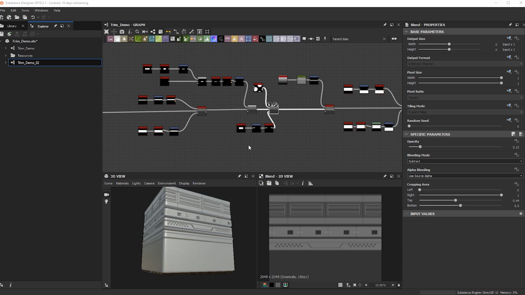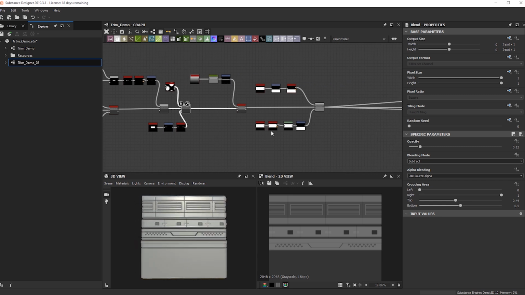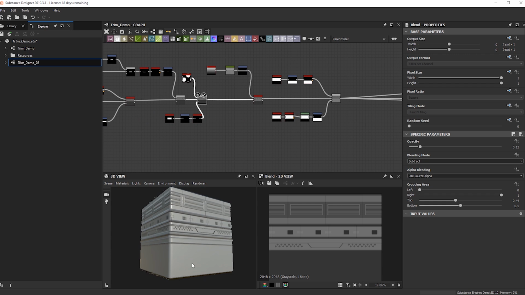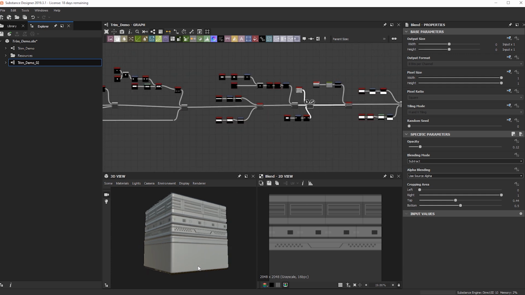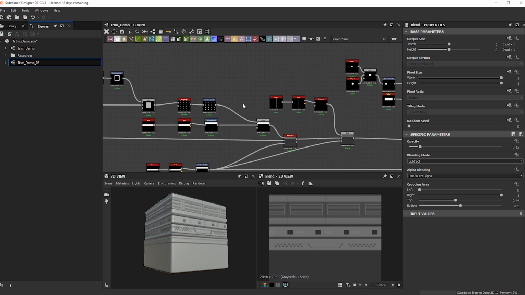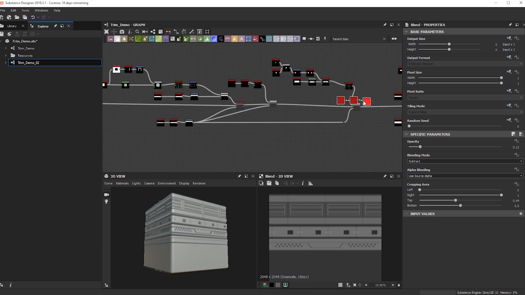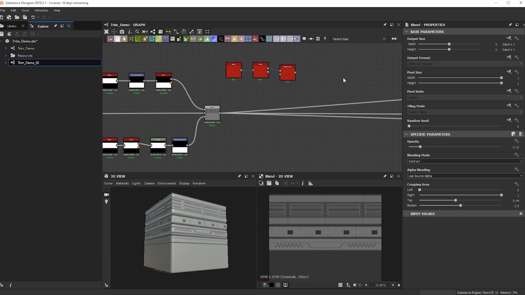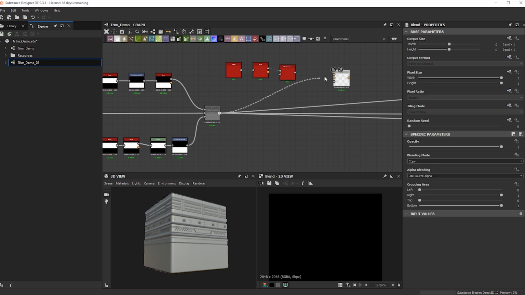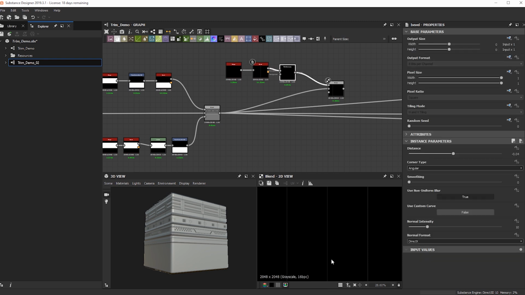And what I want to do for this guy is pretty much just give it a cut right in the middle. That way it breaks up the surface, but then we can play on what we can do with this guy. So first thing I'm going to do is take that exact same tile generator with the cuts. I'm just going to duplicate it and move it over here. I'm going to do a blend, and then I'm just going to offset it, or maybe even set the amount down a bit on the tile generator so we just have one solid line going right through the middle.